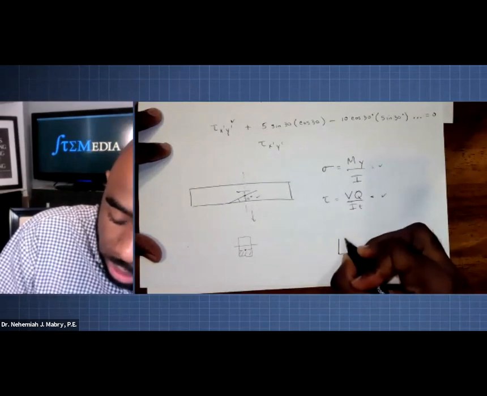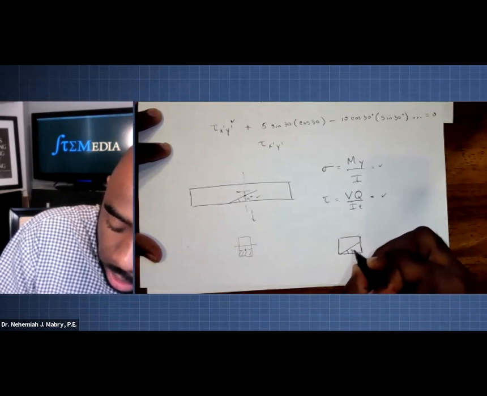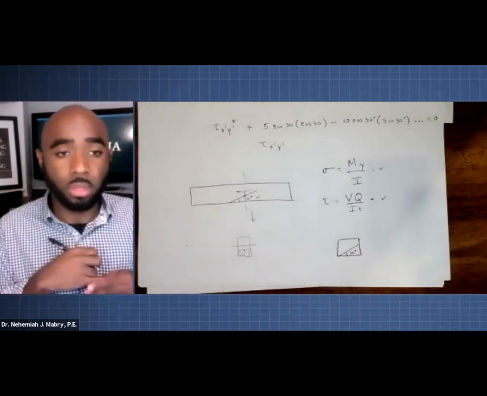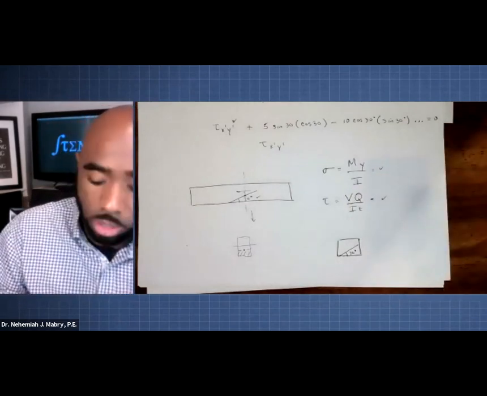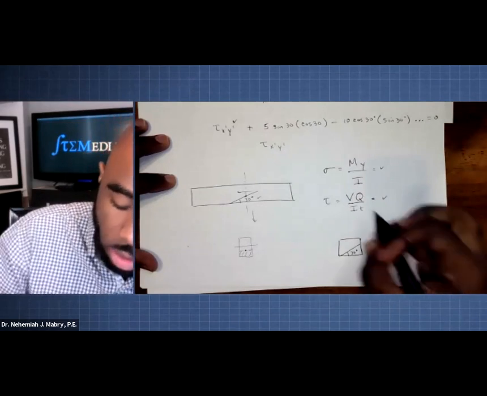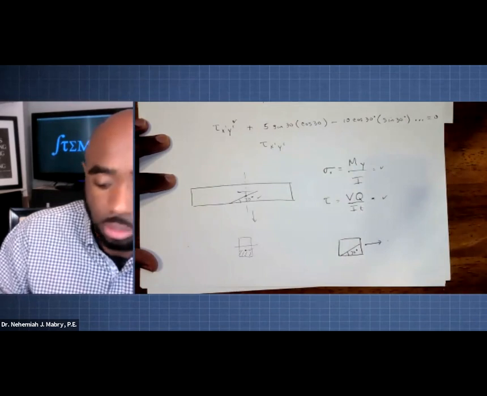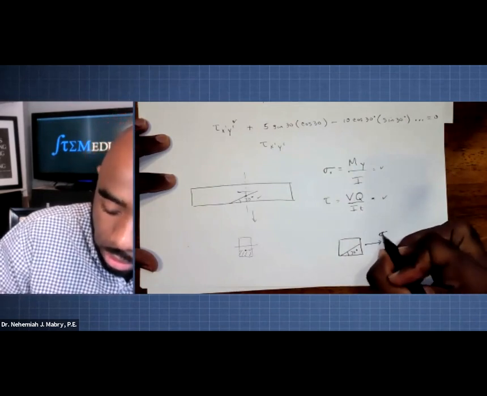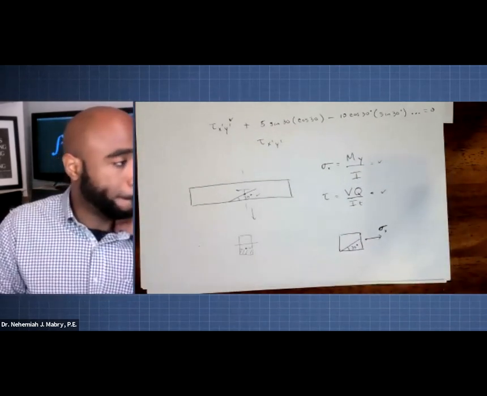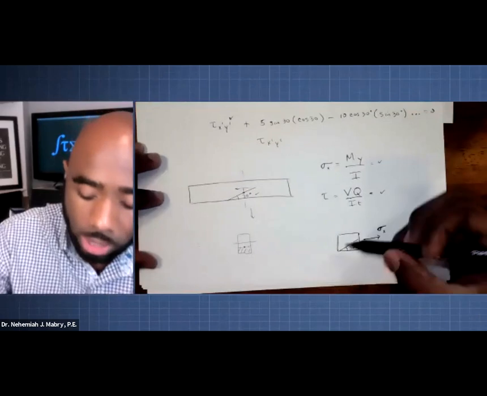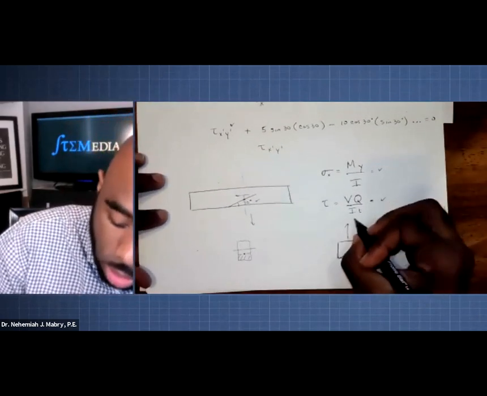So you could draw this like this. You know, you got an angle of 30 degrees, right? And then your shear stress, your stress coming out on the X side is going to be whatever this value is. So this is going to be sigma X. So just think of this as sigma X. That's going to be your flexural stress. And then it's coming on this side. This is always going to be your sigma Y.